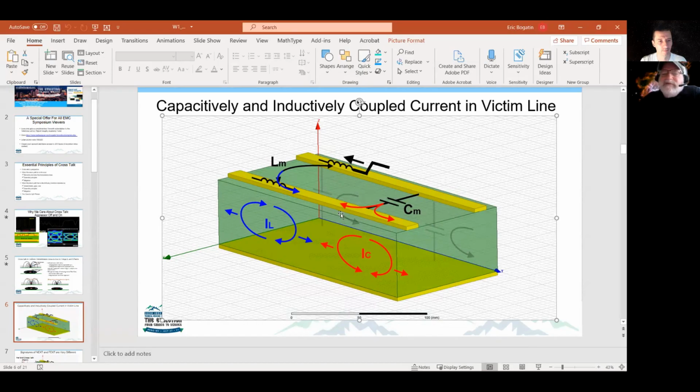Where's that energy coming from that's moving down the victim line? Okay, it will be half because it kind of splits between these two. Yeah, so it's going to come from the aggressor, and so that means we're going to distort the edge of the aggressor. If we get so much far end crosstalk that it becomes close to half the magnitude of the signal line over here, that means we have taken so much energy out of the aggressor line that we've distorted this